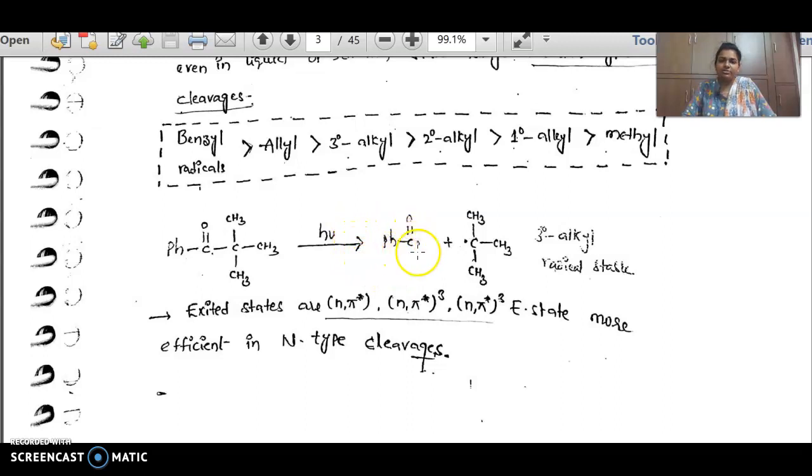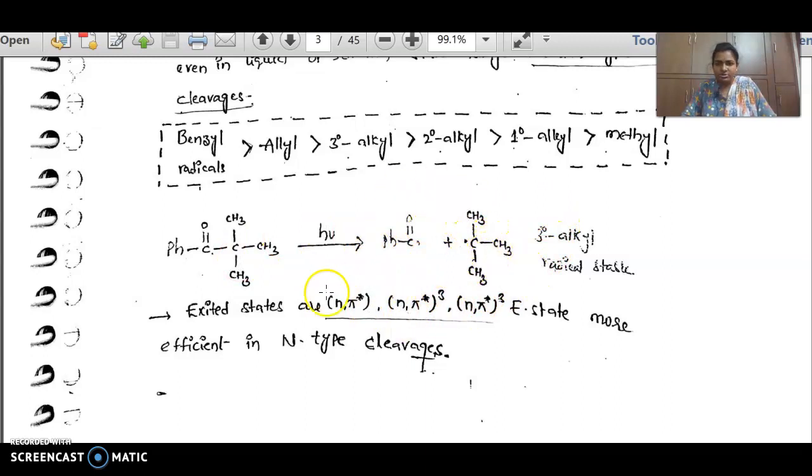Like carbocations, free radicals also: tertiary will be more stable than secondary than primary. If resonance is there, stability increases in the case of free radicals. Once refer to the free radical stability. That's why the bond will break here, not this bond. Here we have two alpha bonds, but only this will break, resulting in fragments that are more stable.